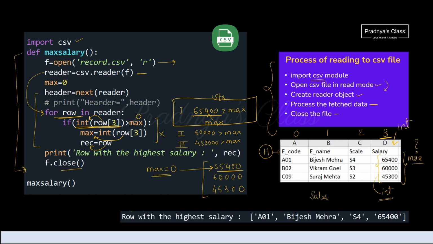Salary is a string. It will not get converted using int function. So it will display an error. That's why to rectify this problem, we will be using next function so that the file pointer will move to the next record. As we don't want headers, we want to work on the actual file content. Finally, when we print that record, we will be getting this output, the row with the highest salary.